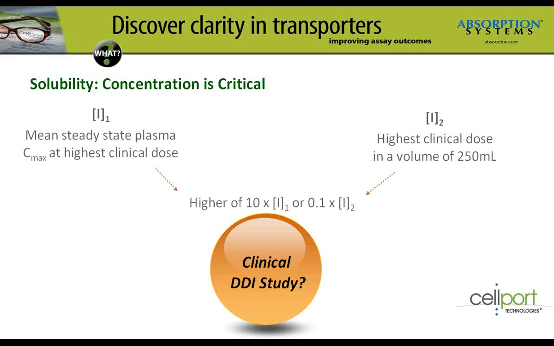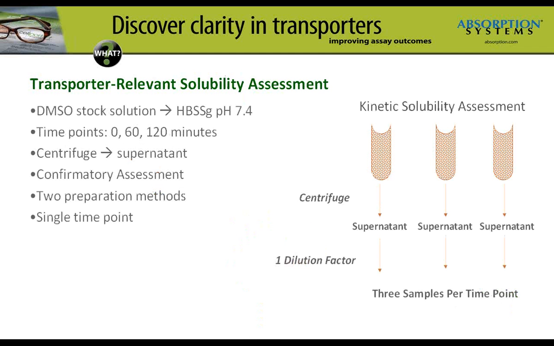for your transporter study. So most compounds have, per se, a dose of 250 milligrams, molecular weight of 500. So the target concentration would be 200 micromolar, which is often hard to achieve based on solubility. If you don't have this, it can invalidate the utility of the in vitro transporter assay. So what is the solution? First, it's imperative to confirm the solubility and deconvolute other parameters that may be contributing to low recovery, like nonspecific